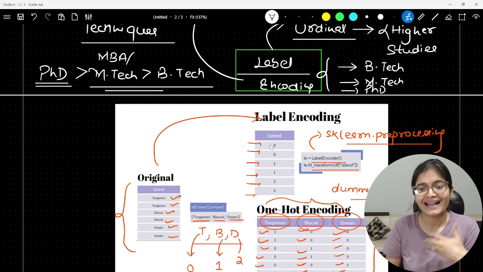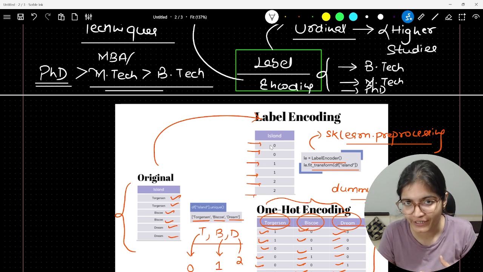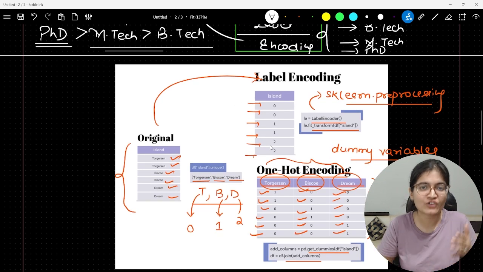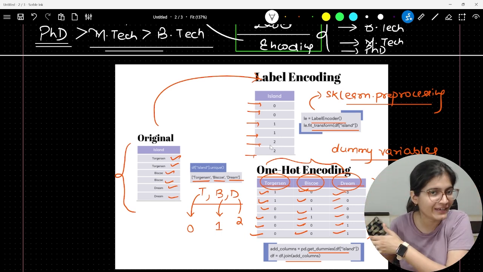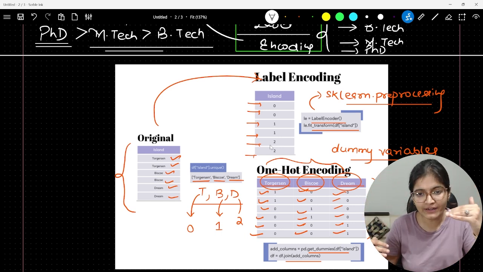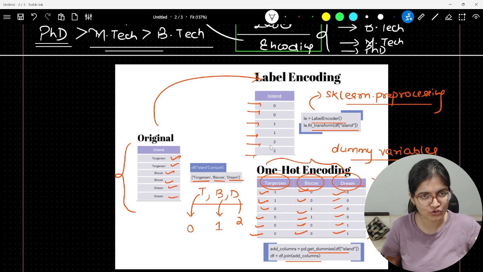That is not true. In that scenario, we will always go for one-hot encoding. One-hot encoding creates separate columns for the unique categories, and it puts 1 if there is a match, 0 if there is no match.